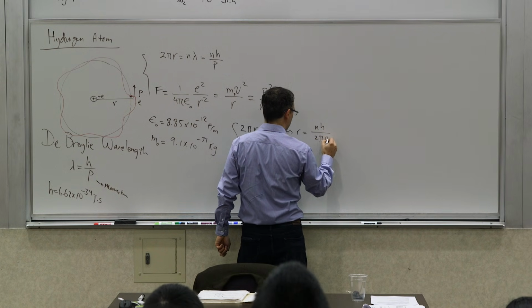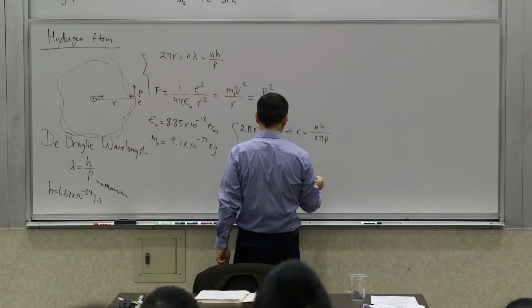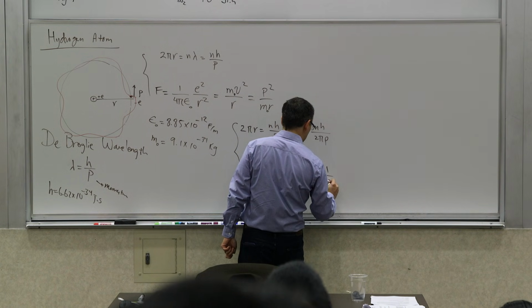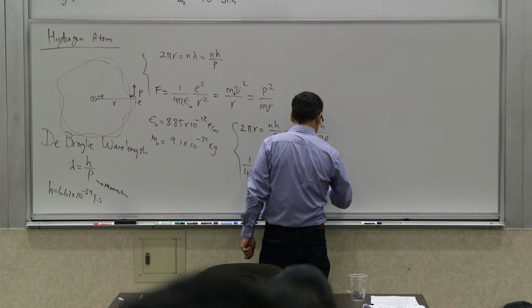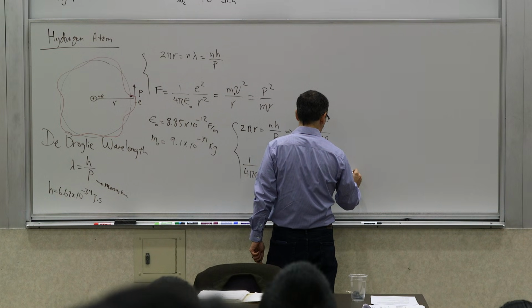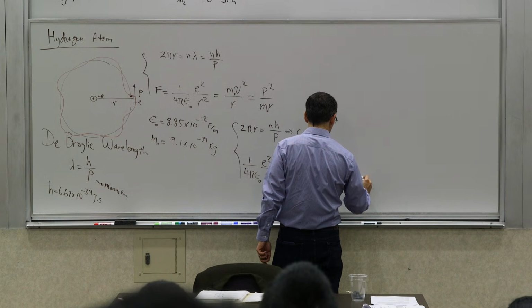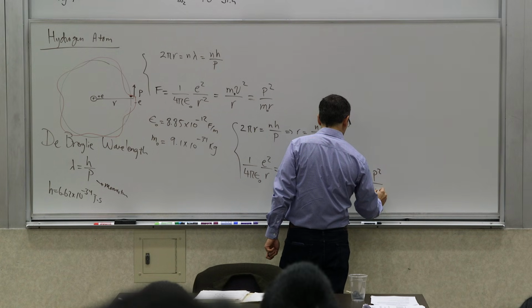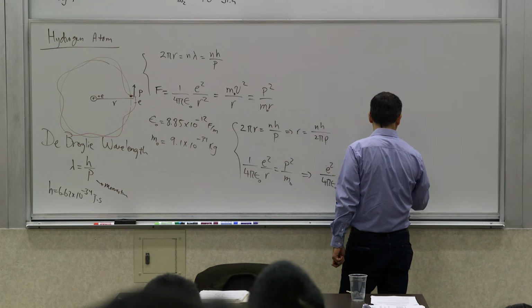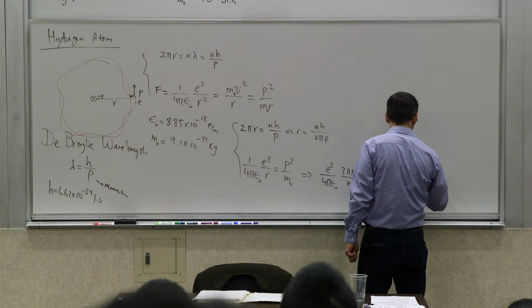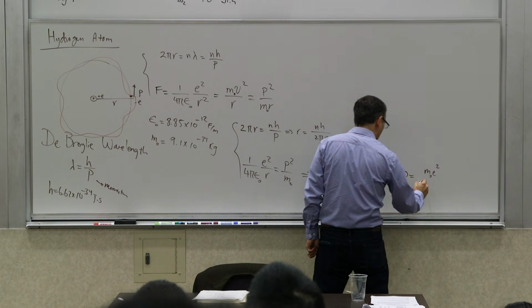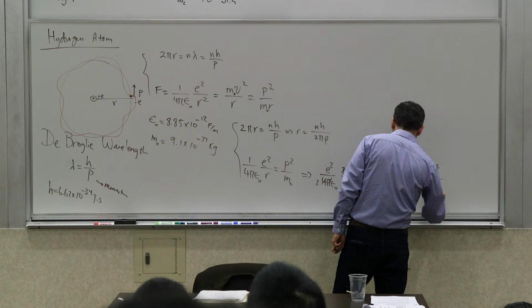So this is basic algebraic manipulation. I'm going to plug it into this guy. And what I will get is 1 over 4 pi epsilon naught, let's say e squared. Let's absorb that into that fraction. And then you get 2 pi p over nh equals p squared over m naught. One of these p's cancel. So you get p equals m naught e squared. This 2 pi and 4 pi leave a 2 behind. So you have a 2 epsilon naught